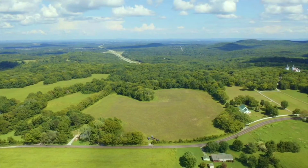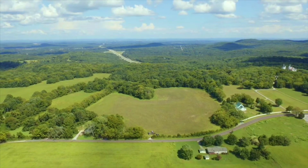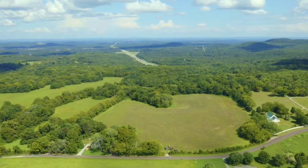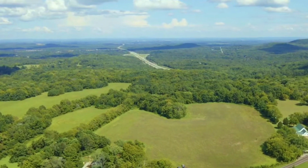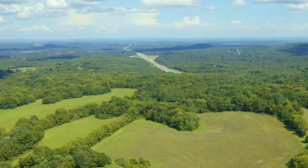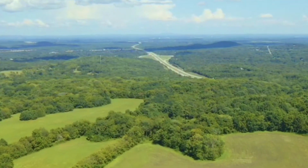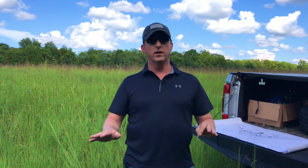So we're looking at 263 acres total. About 170 acres of the property is under timber and is heavily wooded. Our intent at this point, and my desire, just based on how beautiful the rest of this timbered property is, is that nearly over 95% of all of the commercial structures will exist on the parts of the property that are already cleared. And the only thing that we will be affecting in the timbered areas of the property is just